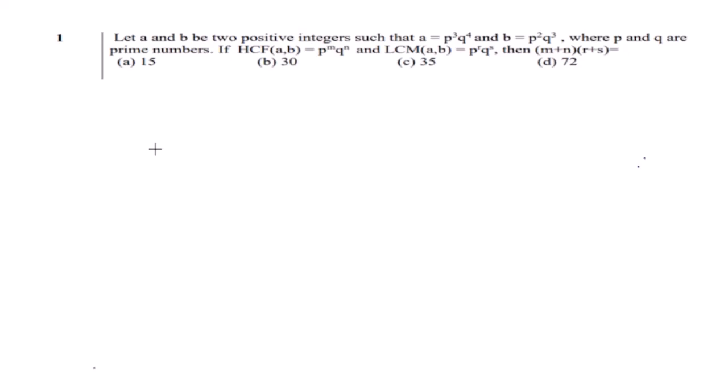The first question is: let a and b be two positive integers such that a is equal to p cube q raised to the power 4 and b is equal to p square q cube, where p and q are prime numbers. If HCF of a, b is equal to p raised to the power m q raised to the power n,